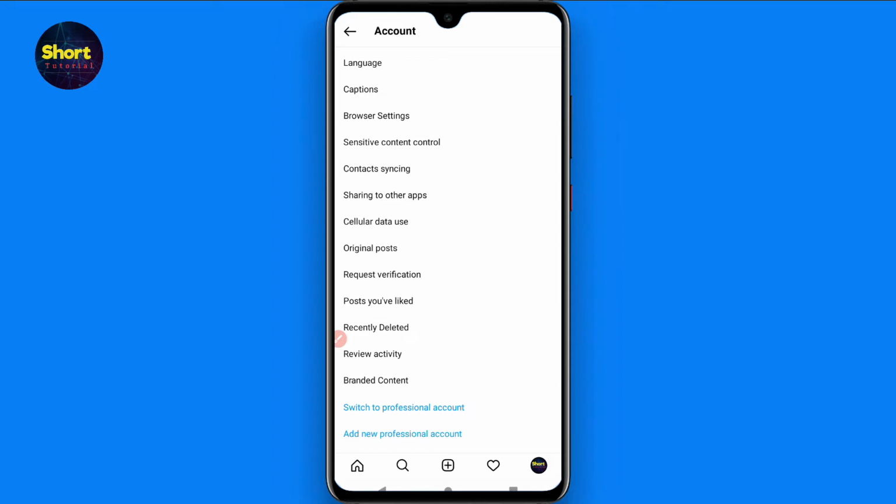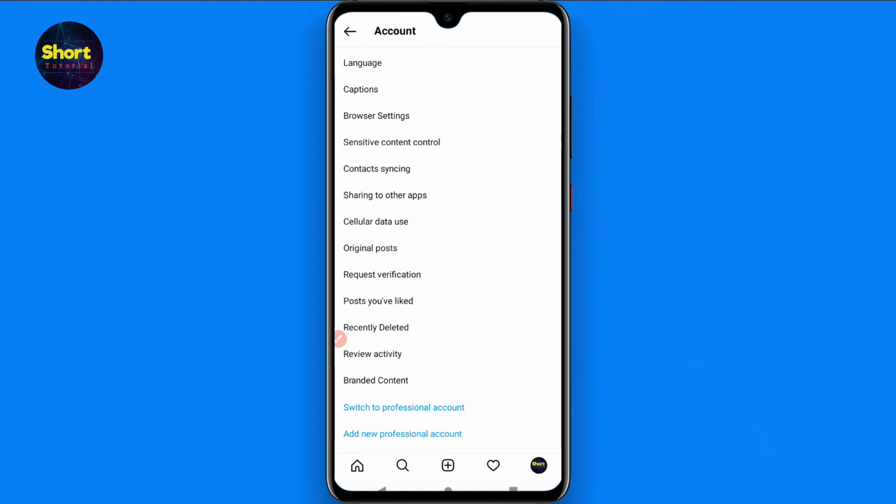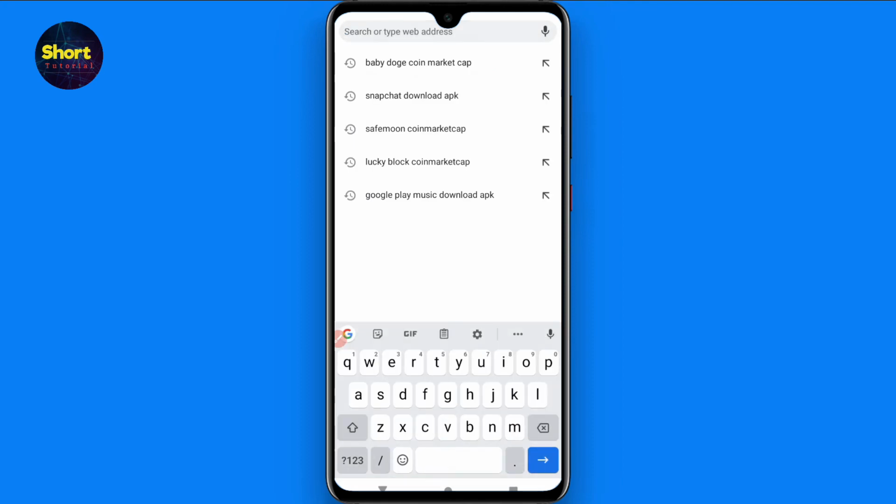In the recent update, Instagram removed this feature. It is still working for me because I have not updated my Instagram application yet. But if you have updated your Instagram and you want to get it back, you simply have to uninstall your Instagram application and open your browser. Once you open it, search for Instagram